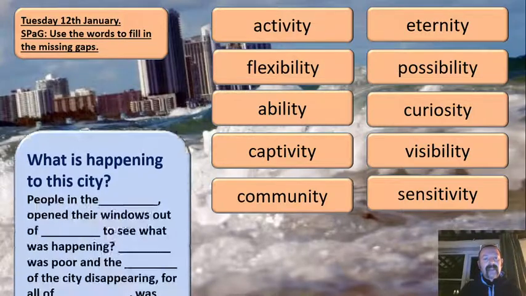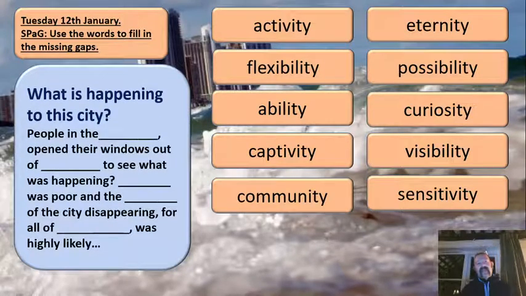So what I would like you to do, think about what is happening to this city. Now you need to read through the little text, the paragraph, and try and figure out which word best fits into the missing gap. So I'll read it through. It says, people in the something open their windows out of something to see what was happening.